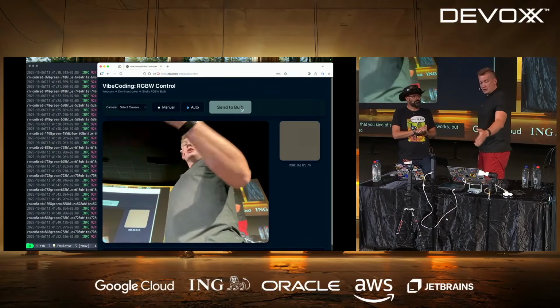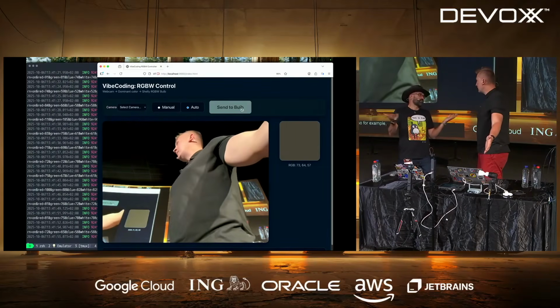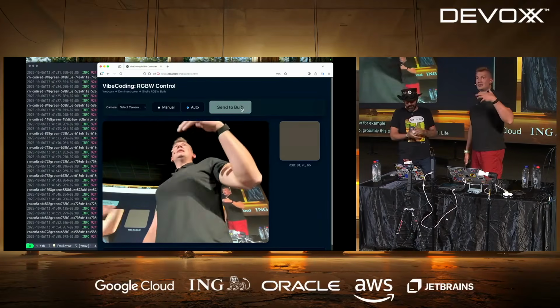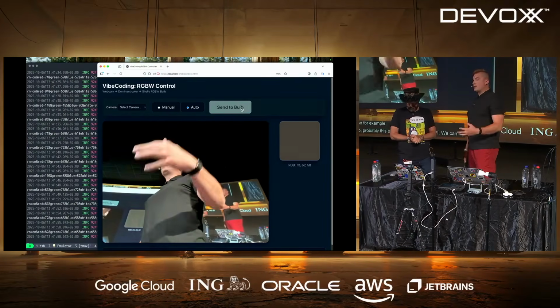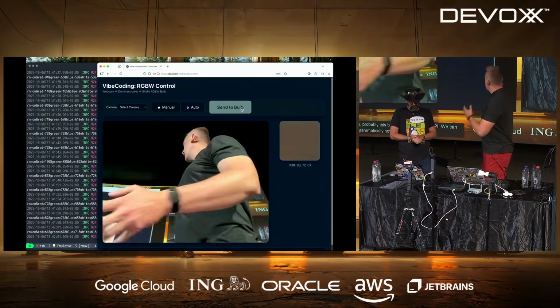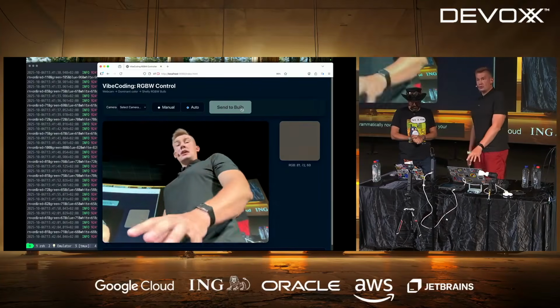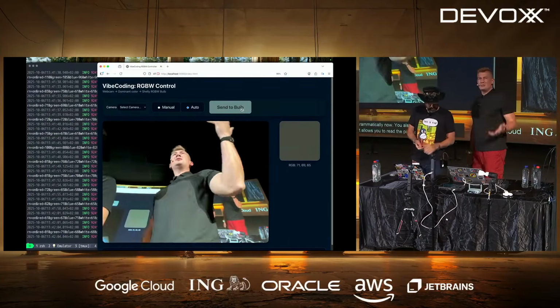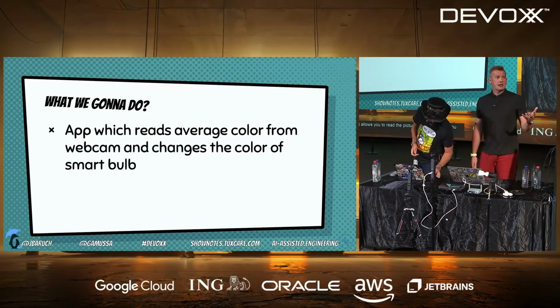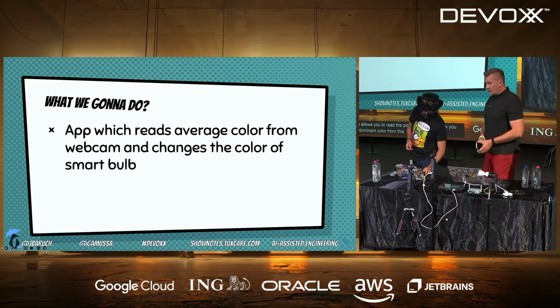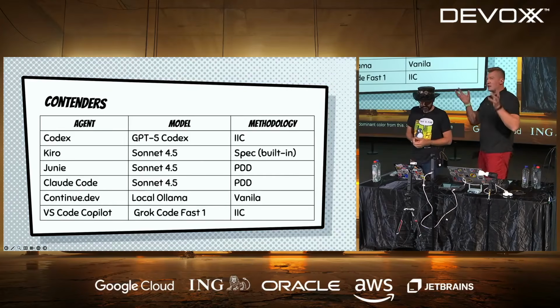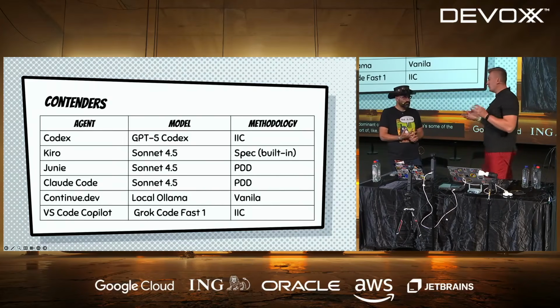For example, this bulb probably has some sort of API. We can change its color programmatically. You also know that your camera has an API that allows you to read the picture, and somehow you can figure out the dominant color from it. So there are things you kind of figure out how they work, meaning that you understand how to put this into some sort of requirements, right?